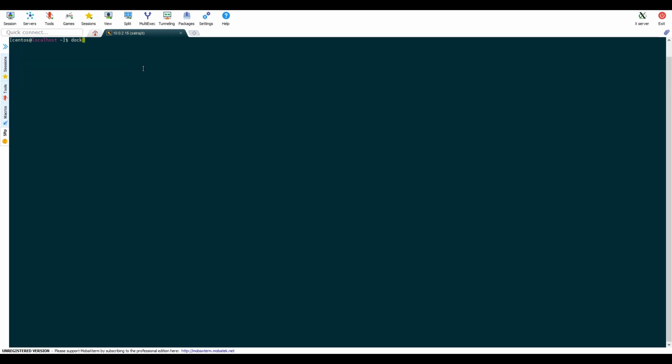Now let's run a basic command from normal user. We can see that we have permission issue. Now we run the same command using sudo and we see the command getting executed. In order to run Docker command from normal user, we need to add the user to the Docker group. Now we can run the same docker ps command from normal user and it is successful now.